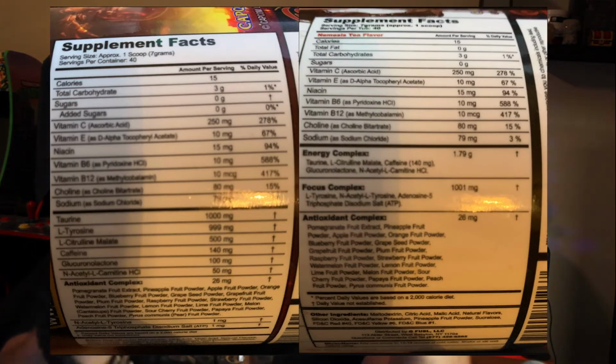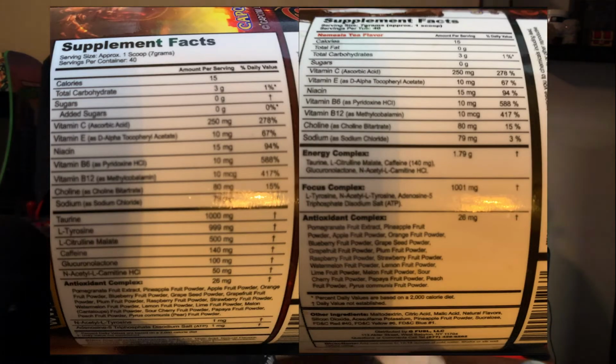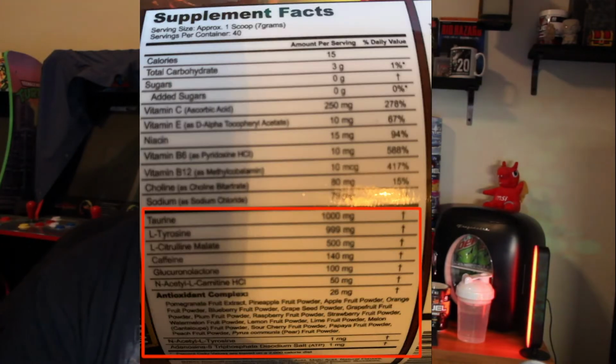I'll go ahead and throw the labels up top, but essentially we're looking at the comparison here, and both the energy complexes of everything are actually quite identical. A few small differences though that it's probably not really going to do a whole lot, especially with the taste, but also with the benefits as well. So when I compared the new and the old energy complex, in the new Nemesis Tea Flavor, especially if you look in the label, and I'll throw it up here as well just to do a quick comparison,